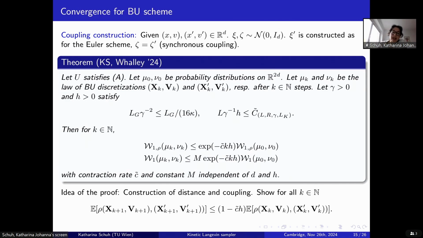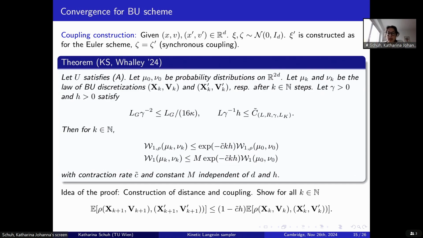And then under similar assumptions, so if you're again in this situation of our assumption A, and if our Ornstein-Uhlenbeck part or the noise part is sufficiently large, and we have also a condition on our discretization parameter h, we can get contraction in Wasserstein one distance with respect to the same distance rho. Here, this contraction rate c differs from the one before by, I think, a constant, but they are still independent of d and h. And again, the idea is similar, constructing the distance and the coupling and showing that in one step we have